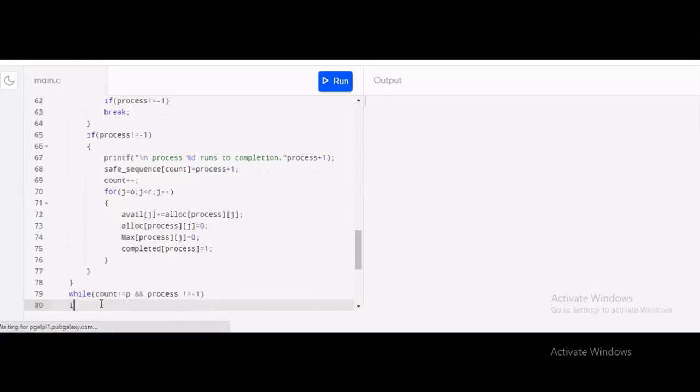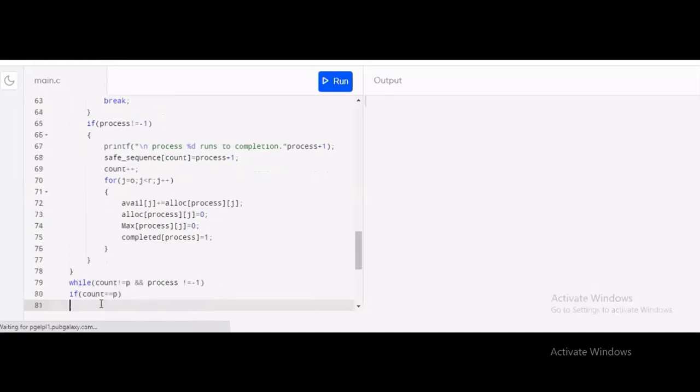It means we have to run this while loop until the count is equal to the number of processes and the processes are completely executed in the system. If count is equal to p, printf the system is in a safe state. Count equal to p means all the processes are successfully completed.